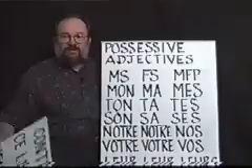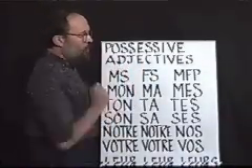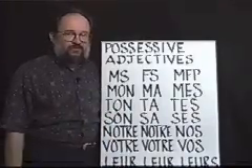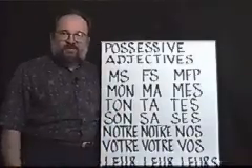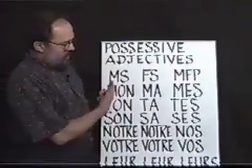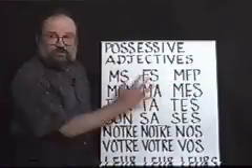All right, let's look now at possessive adjectives. Now, possessive adjective implies possession, ownership. Again, the word adjective means that you have to worry about the agreement in gender and number with the noun this possessive adjective works with. This means masculine singular, feminine singular, and masculine and feminine plural, because the forms are the same.